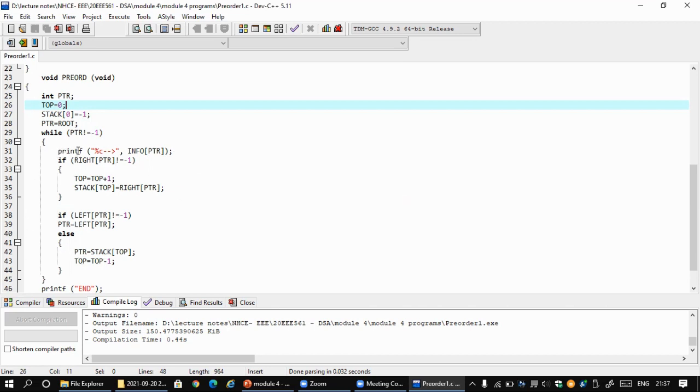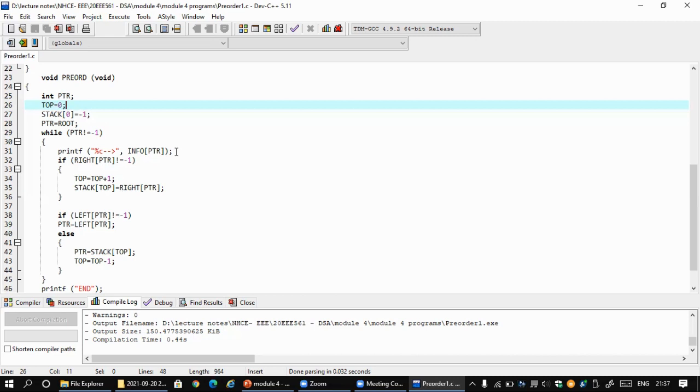First, we print the info on the particular node. That's also a kind of processing. Printing the value of a node is processing, or if you want, we can do arithmetic operations.